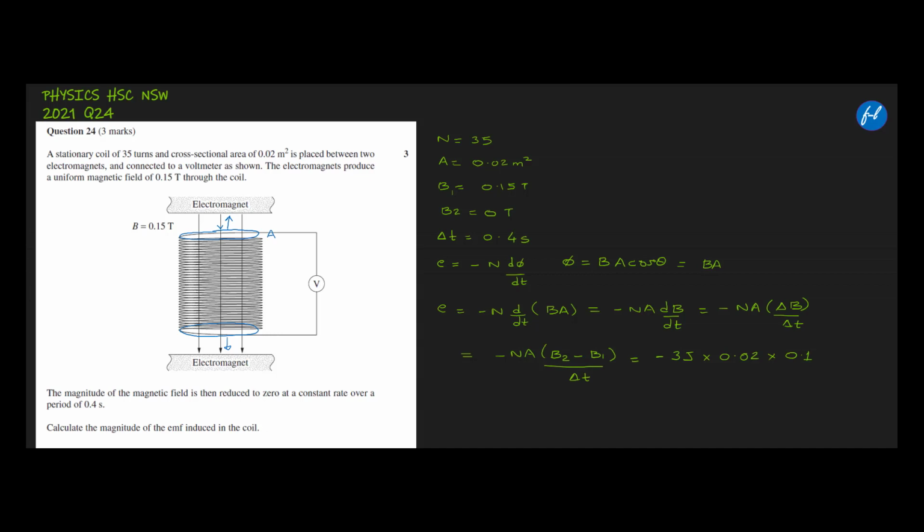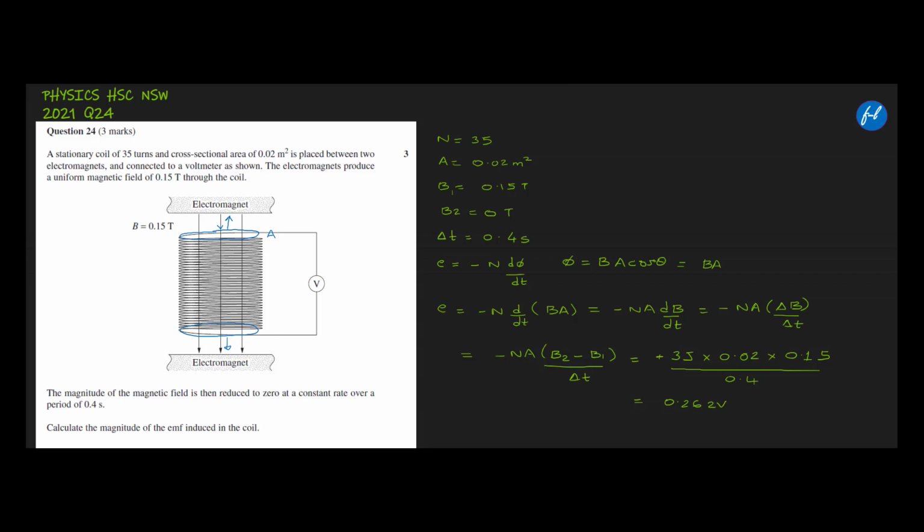So this will be negative, and that negative and this negative will become positive, divided by the delta T value, which is given as 0.4. So if you do these calculations, what do you get? How much is the value? I will do the offline calculations, and I will just write the answer over here